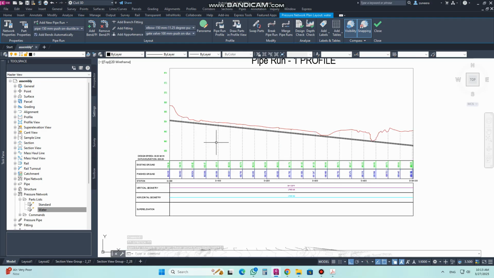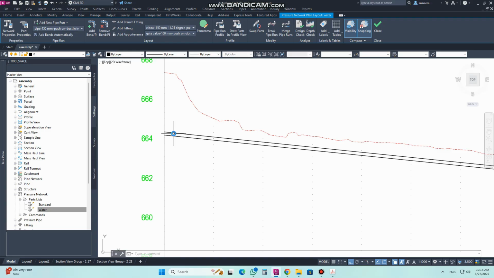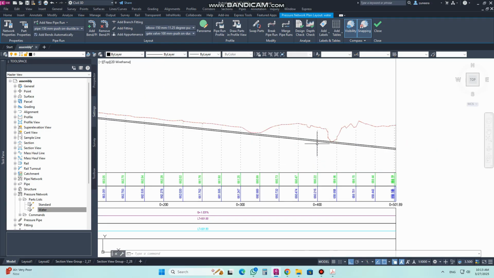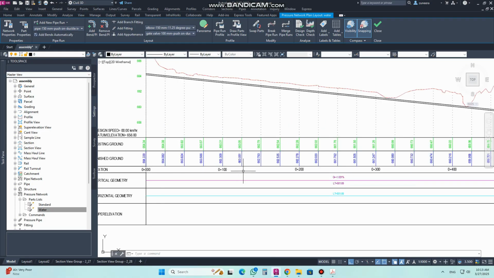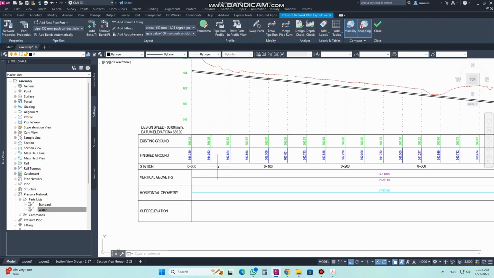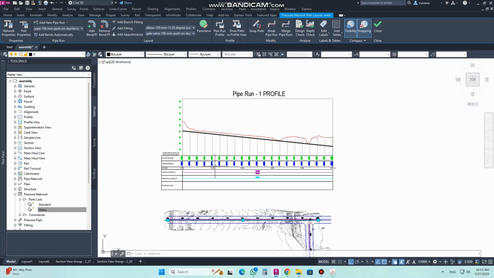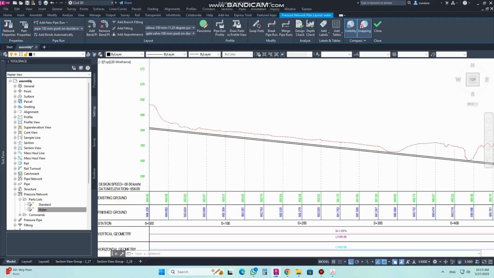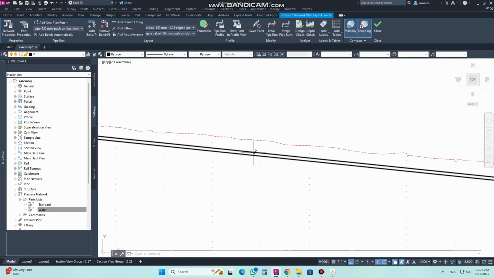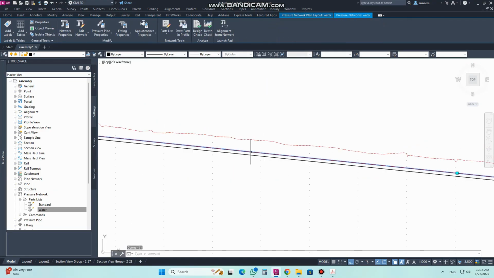Now check the profile. Okay, the depth is 3.3 meter or 3 meter, as we mentioned here. The natural ground you can select, and you can change it the same way as when we made changes. But here, if I click on this profile